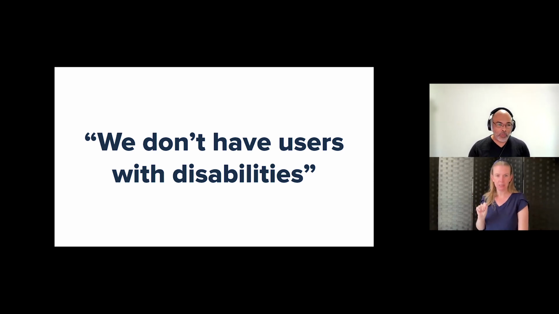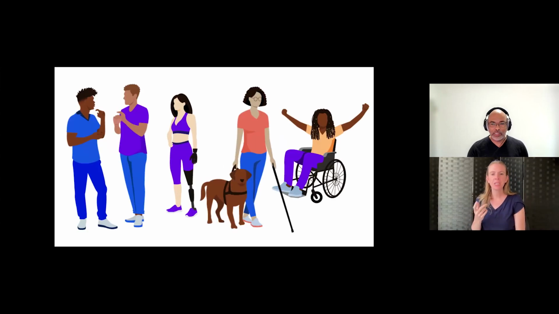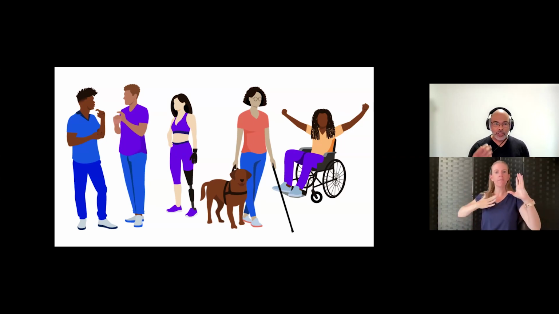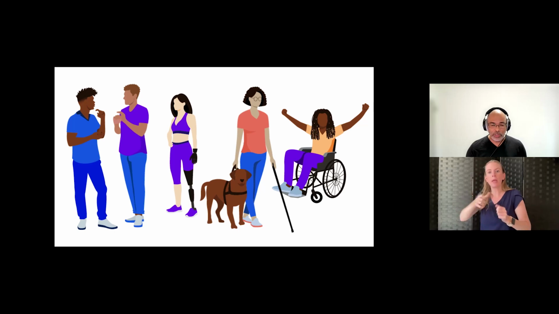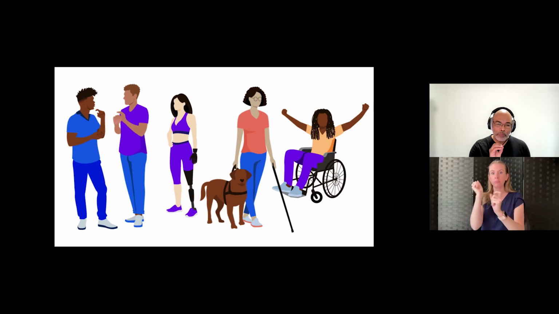And the reason that we hear that a lot is because when people think about disabilities, they think of the physical aspect of it. You have the gentleman here using ASL, you have the young woman with a prosthetic limb, you have the woman who is blind and she's walking with her cane and her dog. And then you have the gentleman with mobility issues and he's in a wheelchair. A lot of people visualize this, or people like this, when you mention disabilities.